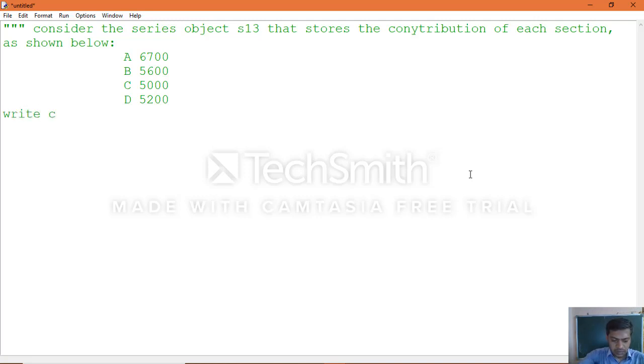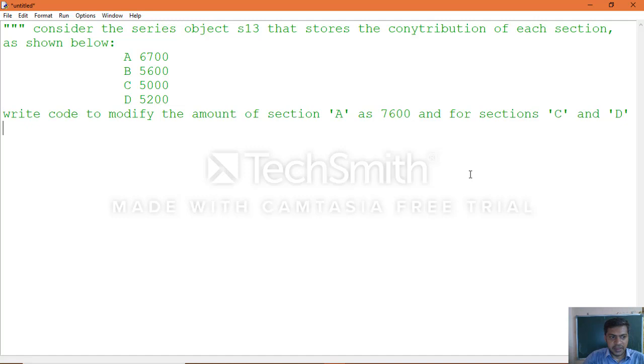write code to modify the amount of section A as 7600, and for sections C and D as 7000.